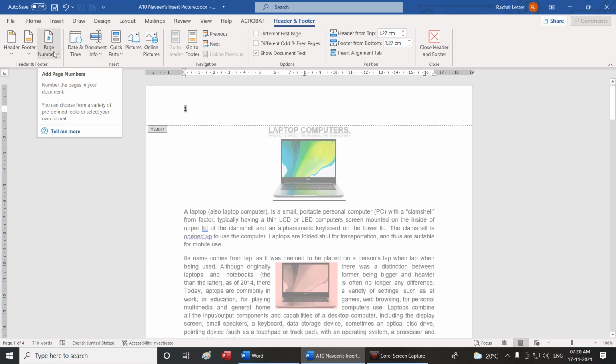If you have some space, please add up the page number option, the fifth option.